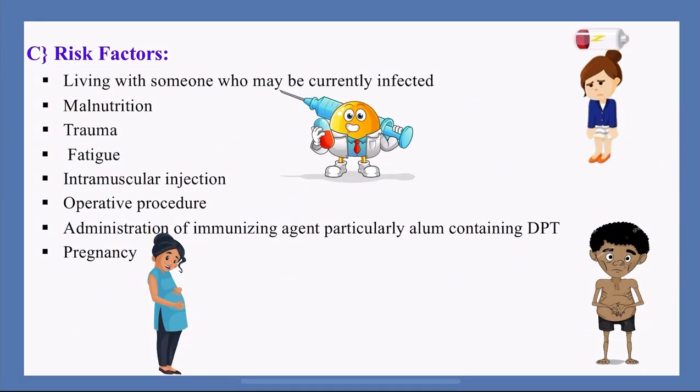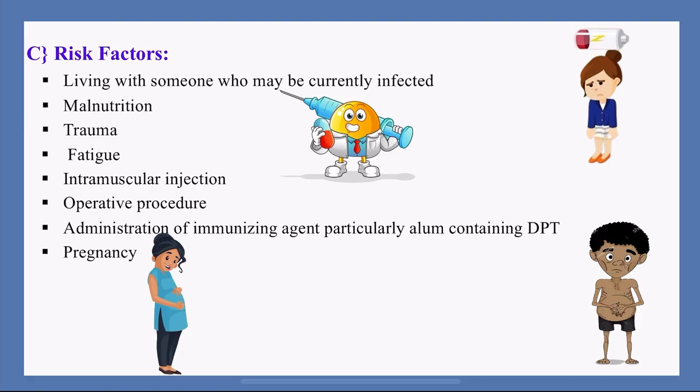Moving further to the risk factors. Several provocative factors, or risk factors, have been found to precipitate an attack of paralytic polio in individuals who are already affected with poliovirus. They are precipitating the attack of polio, or increasing the chances of people getting affected with polio. They include individuals who are living with someone who may be currently infected, or who is very